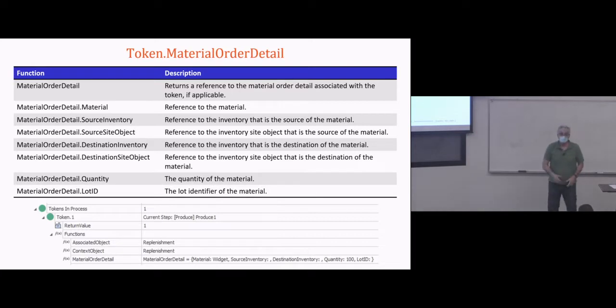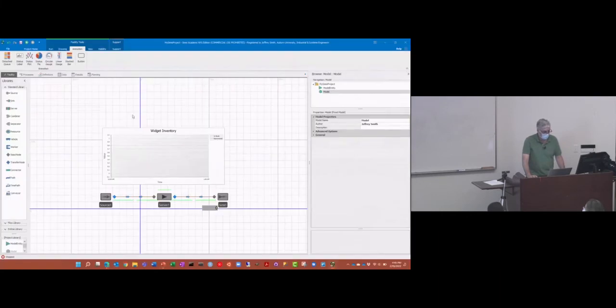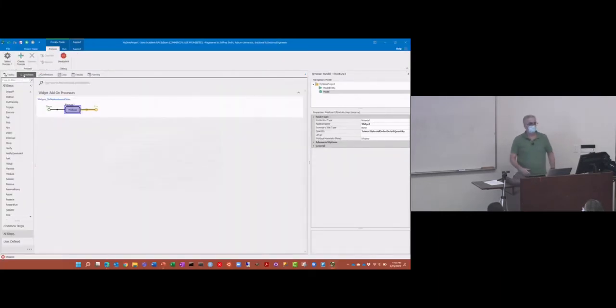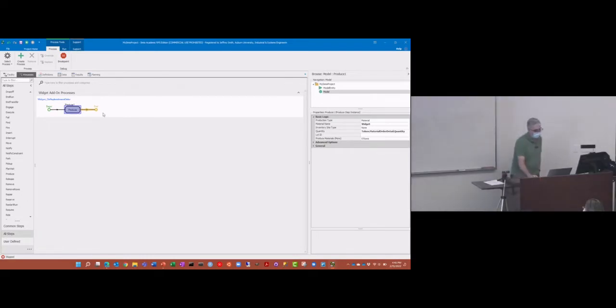Okay? And so this is another thing that you can use watch to see. Let me show you how you would find that. If you wanted to see how that was executing, I could go in my model, and this is happening in a process. Since this is a task level process, the process is executing in the model space. So if I say, hey, let's set a breakpoint there,